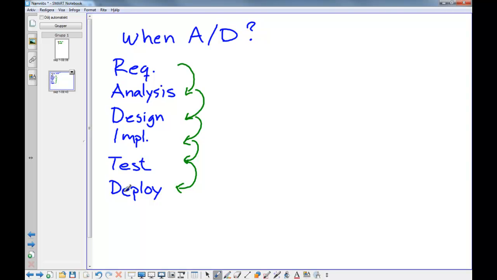You need to be more iterative, and you cannot fully define all requirements from the beginning and do full analysis, full design, full implementation, full test. You need to take it bit by bit. You need to work incrementally and iteratively. So in that case, you do,